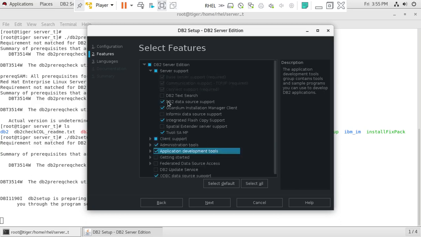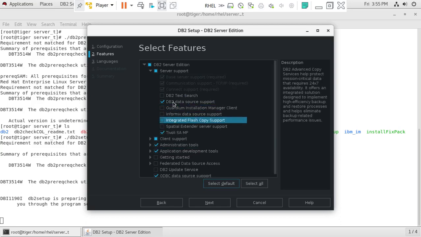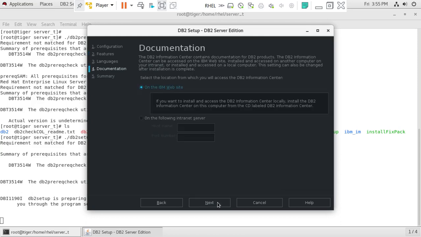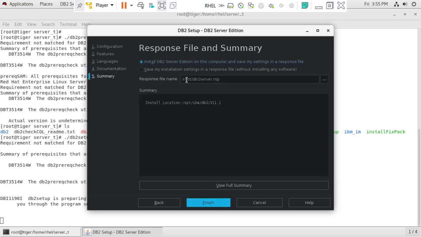Also I don't need this Guardium integrated flash copy support. For our learning purposes, at least, it's not required. And TSAMP, this is the one. So obviously you should not uncheck this. This is going to install Tivoli TSAMP, and we'll go ahead and say yes, and we'll be using the information center. The good thing about this is you can save the installation as a response file,